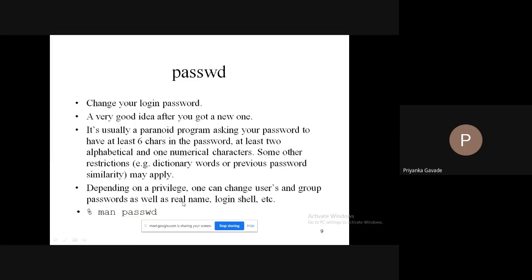So depending upon the privileges, that is, whether you are just a normal user or a super user, one can change his user's name as well as user's password as well as the group's password also. Okay. And if you want to know more about the passwd command, then we are going to key in the command man passwd. I hope you have understood how exactly passwd works.